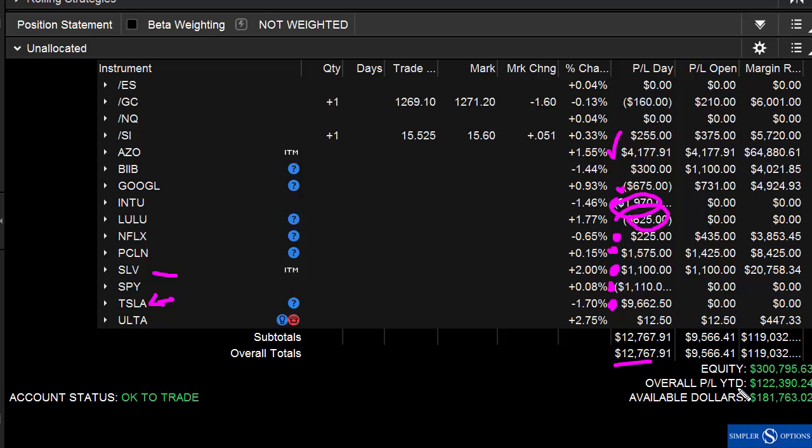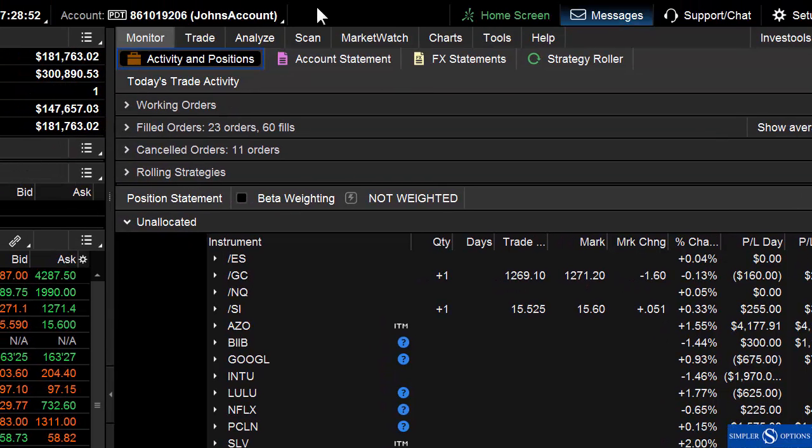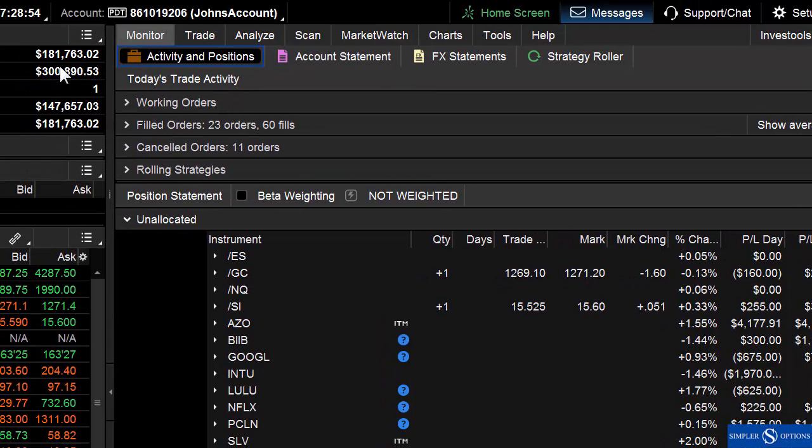So net, and so the goal, this is the account that I'm trying to get to $1 million. Started off 185 some odd thousand, and now it's sitting here at just at 300,000. So that was my first goal: get it to 300,000, and then start upping the size and see if we can go. So that's the kind of stuff that it's really just kind of that trade management,